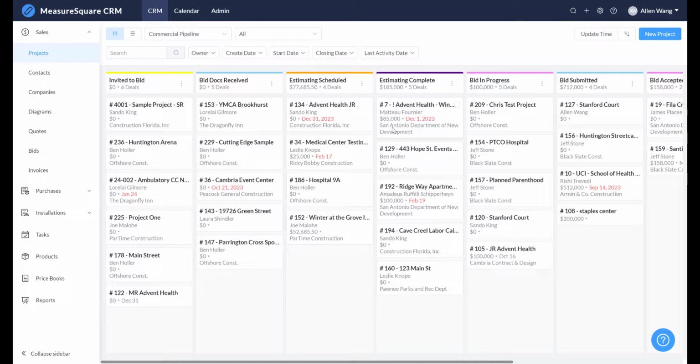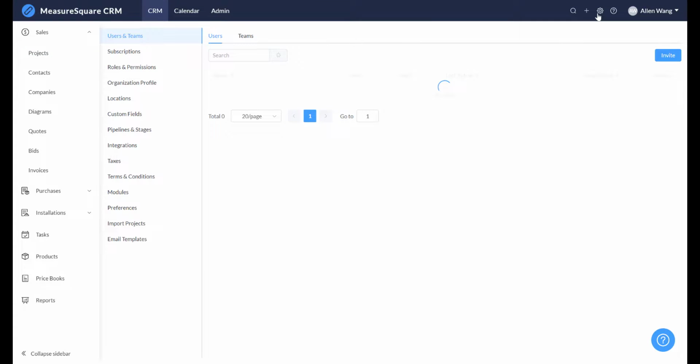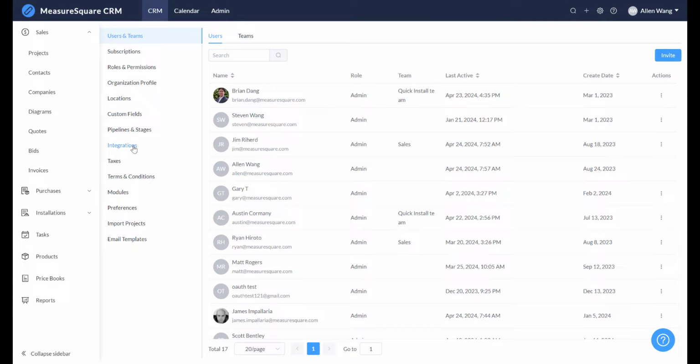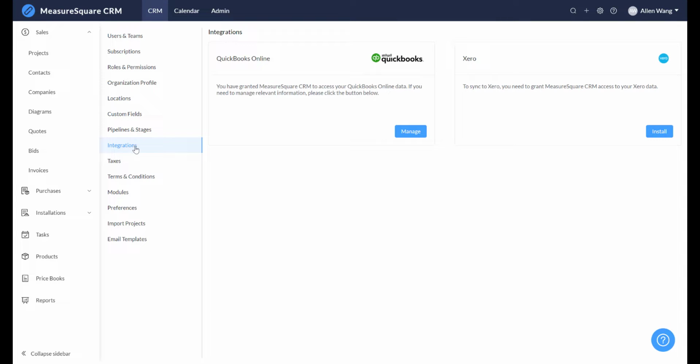First, you'll set up the integration in the CRM by going to Settings, by clicking on the gear icon. Then navigate to Integrations, and locate the Xero integration. This button will either say Install or Manage. I'll go ahead and click on Install,